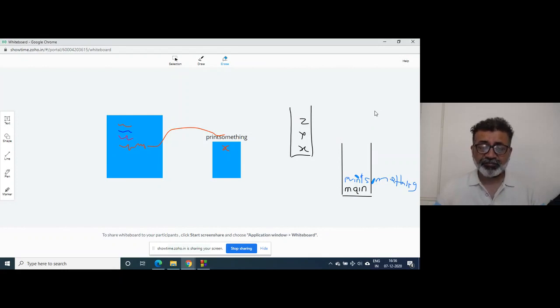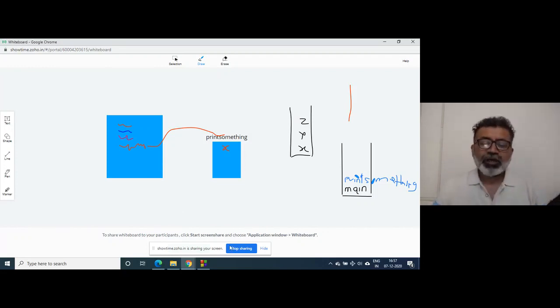Since this function has been called inside the loop, when control leaves this function, x is popped, the stack is destroyed, and at the same time, print something, the name of the function, is also popped. So the next time control goes inside the function, again a new stack is created, again x is pushed onto the stack.